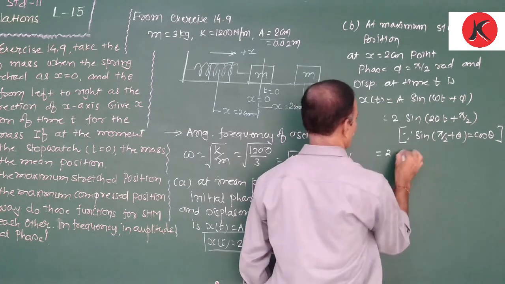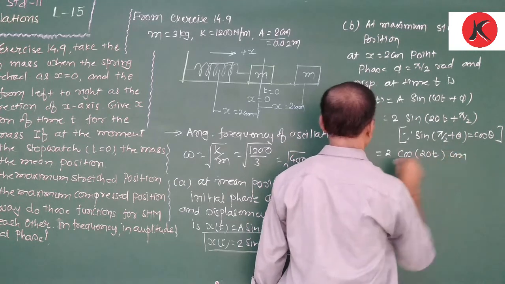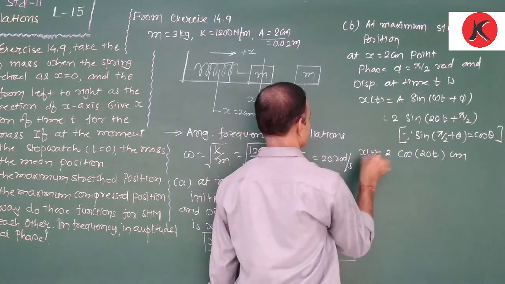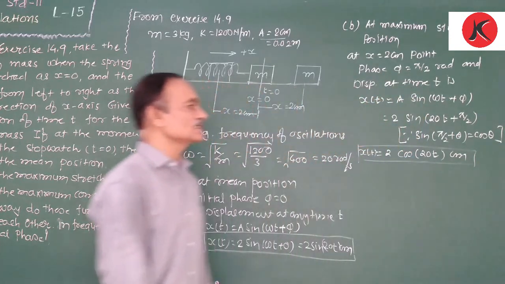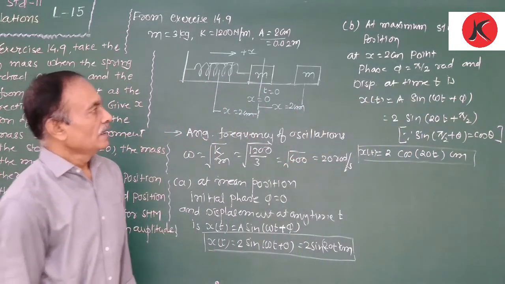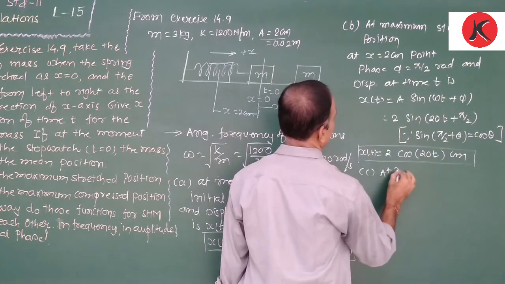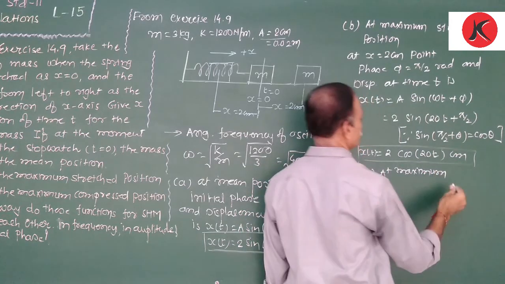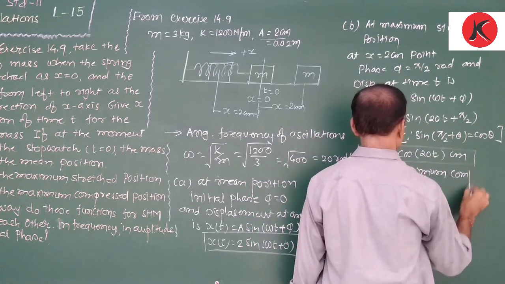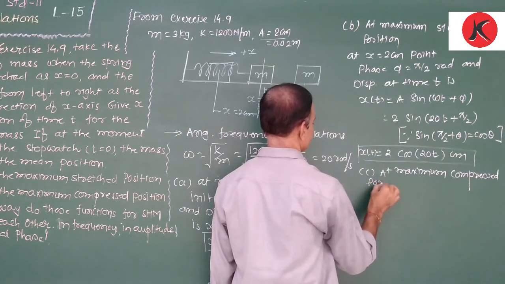Sine is converted into cos, 2 cos 20t centimeter. That is the equation of displacement at this position. Now see, at maximum compressed position,